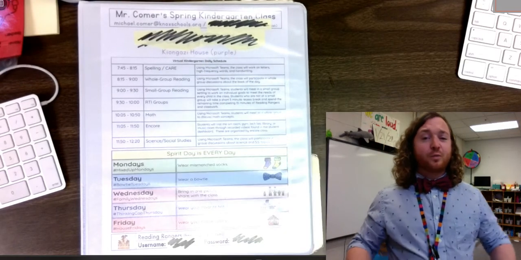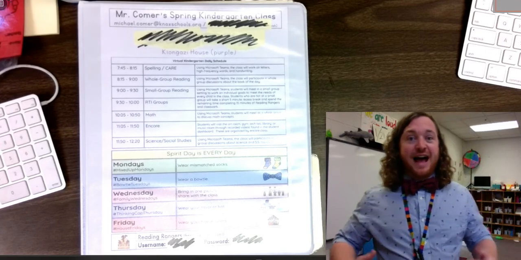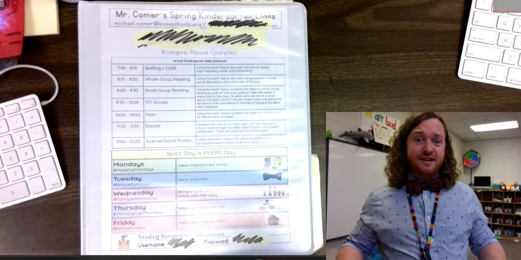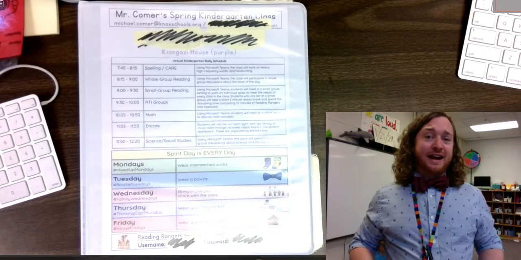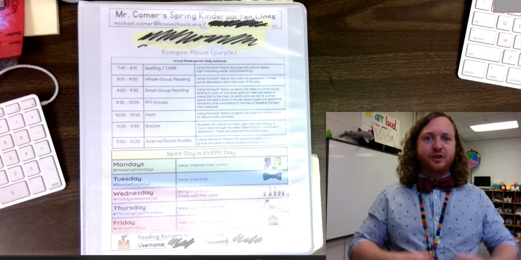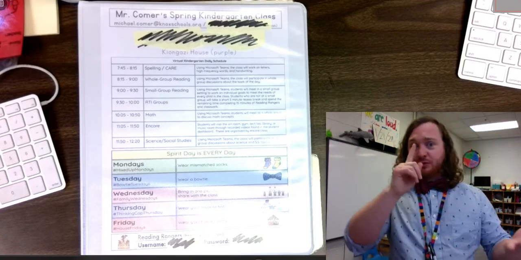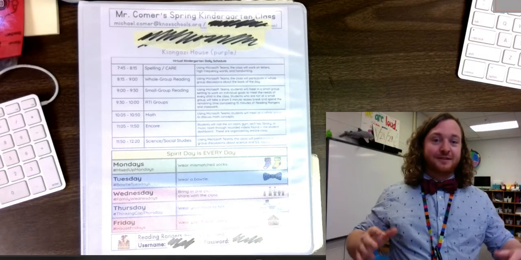On Friday, if you want to, your child can participate by wearing their house colors. I'm in House Elan, which is green, so I'm going to wear something green on Fridays. This student is in House Kiangazi, which is purple, and he or she might be wearing something purple. It doesn't matter. Whatever you want to do. You can go all out. You can do purple shoes, purple socks, purple pants, purple shirt, purple scarf, purple hat, whatever you want to do